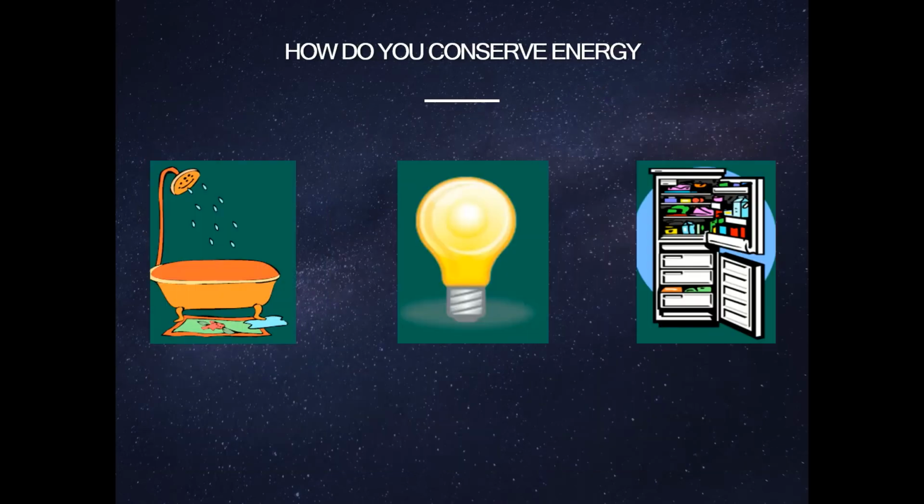It's good that we're using renewable sources of energy, such as solar, instead of using non-renewable energy sources, such as coal and fossil fuels, because the supply for those could run out in the future. But it's still important that we use energy in the proper manner and that we actually conserve energy. We can do this by only using energy when it's actually needed, and if you're not using it, such as if you're not in the shower and you're letting the sink run, or you're keeping the microwave open, it's important that you try to avoid these situations in order to conserve energy.